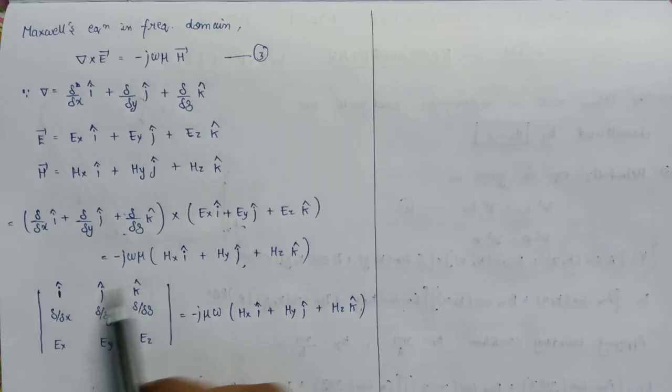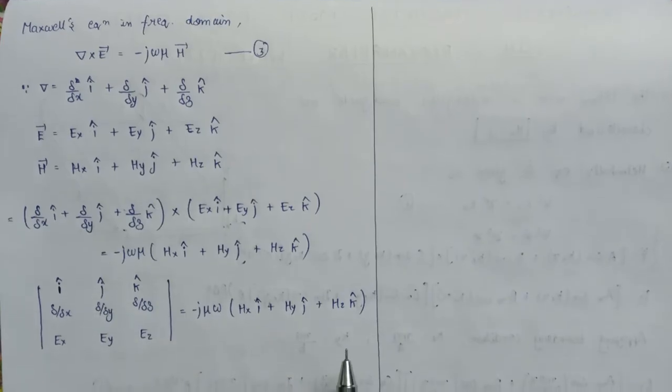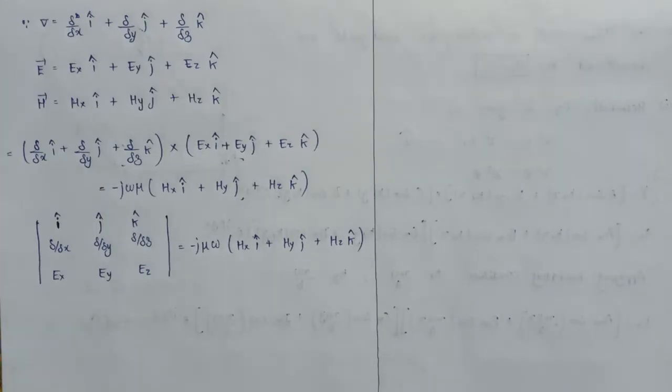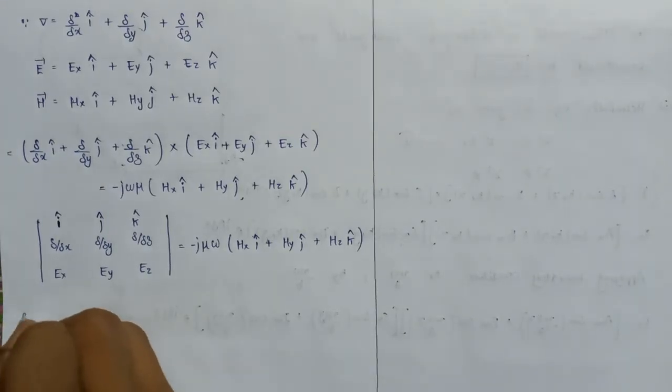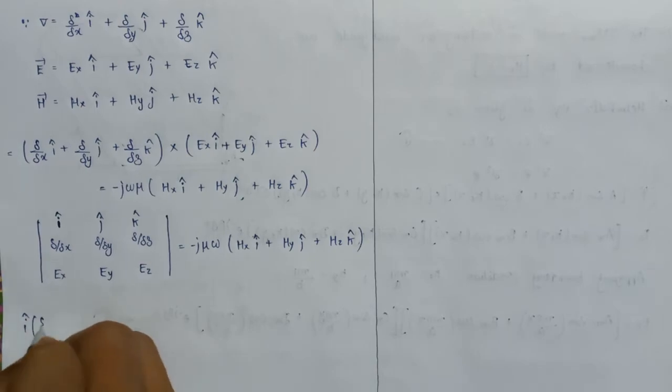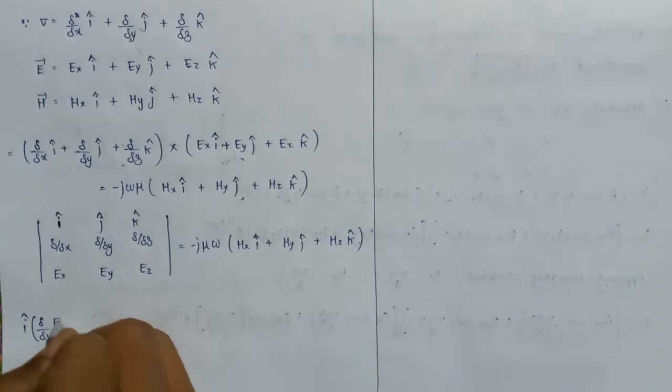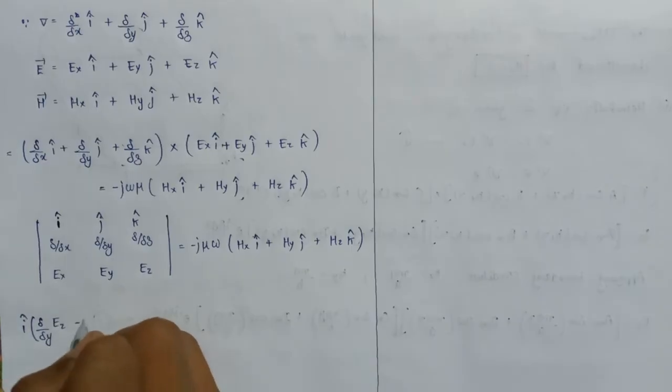Similarly, if we solve this determinant, then its value will become equal to i cap (del over del y into Ez minus del over del z into Ey)